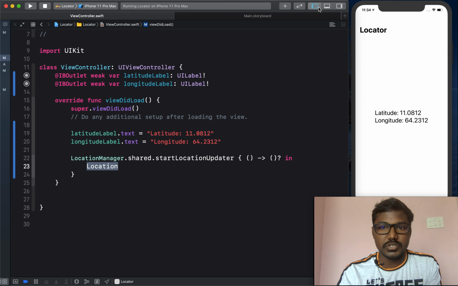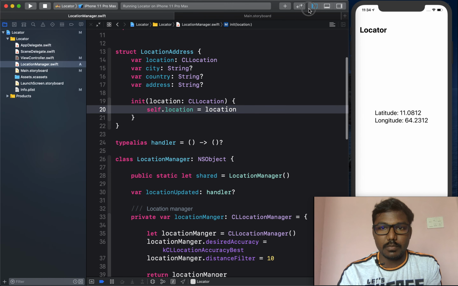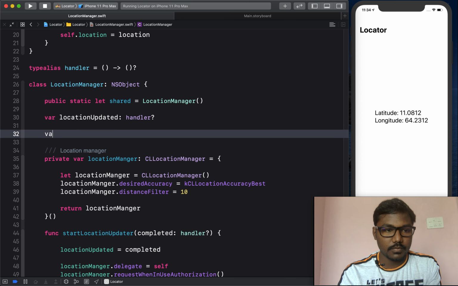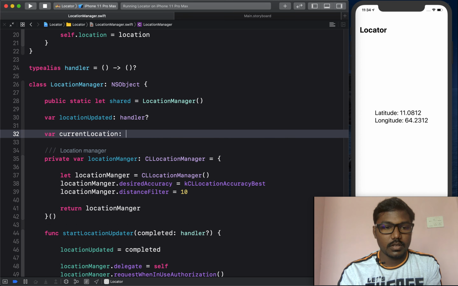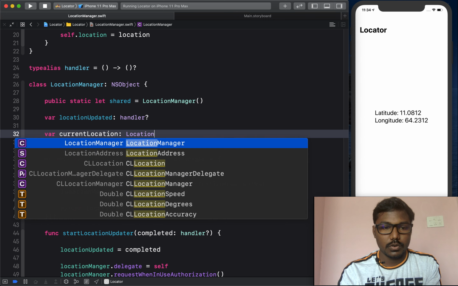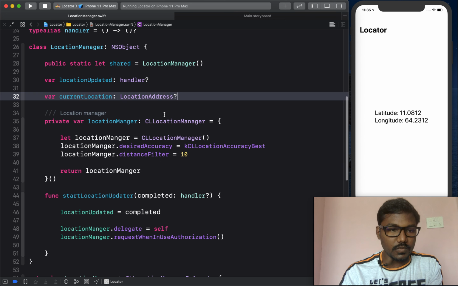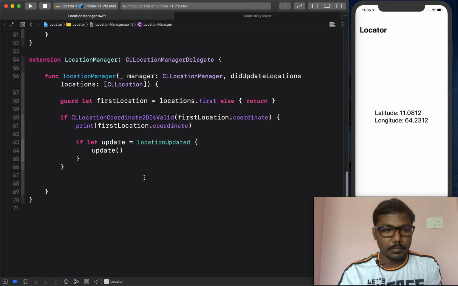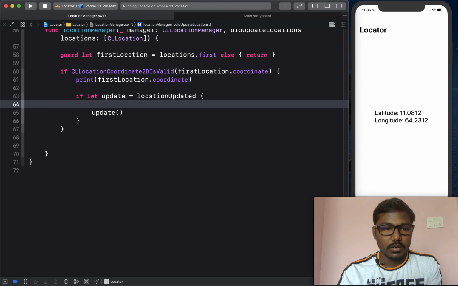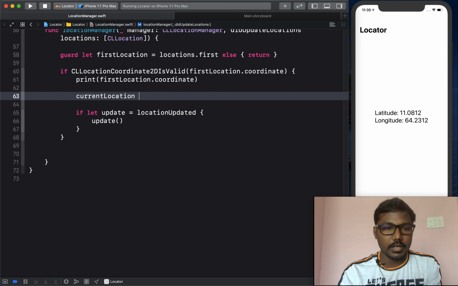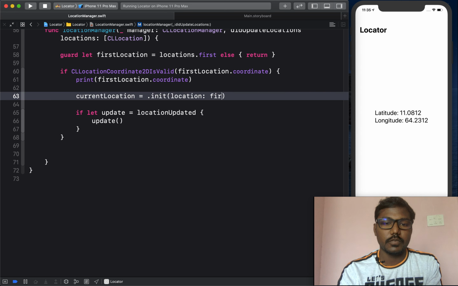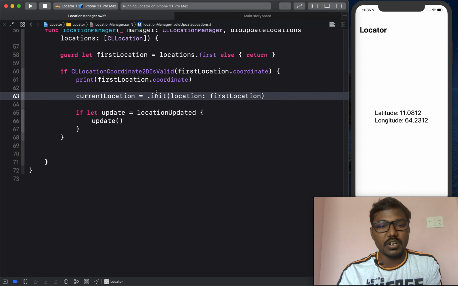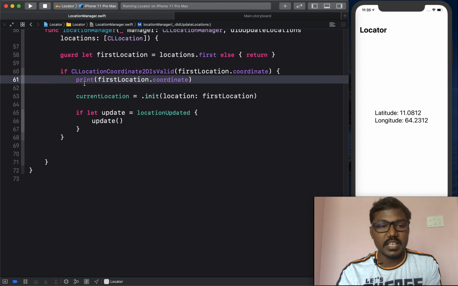We have to pass our current location to some other variable, so I am creating a var currentLocation, and saving my location: currentLocation is equal to the first location. This is nothing but getting the current location and saving it in another variable.